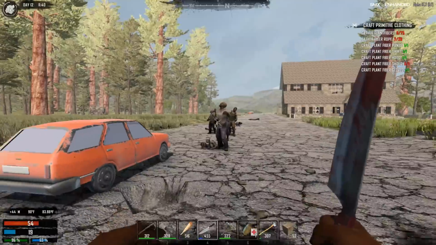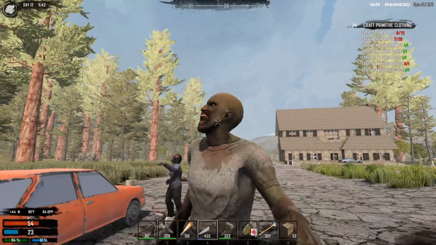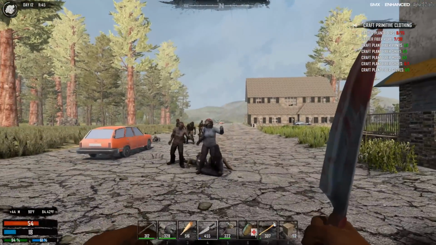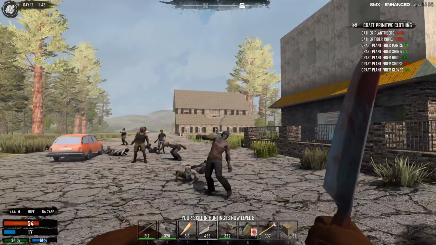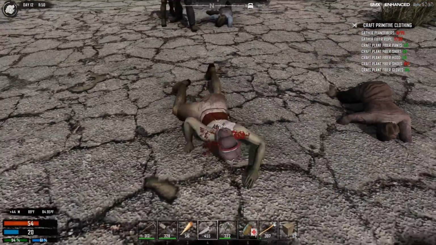Come here. Yeah, keep hitting your buddies there. I'll use these guys as a meat shield. Man, it takes forever to clear out the area now. Come here. Bam. Bam. Oof, that one didn't even react to being cut across the face. That's one tough zombie. And we're gonna have a bunch of loot after this, so...